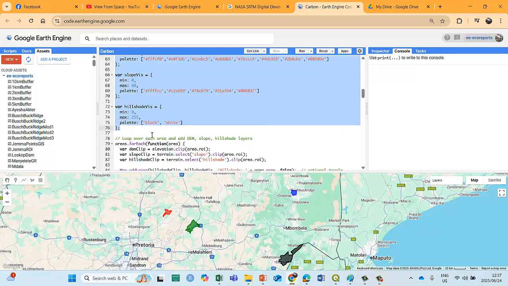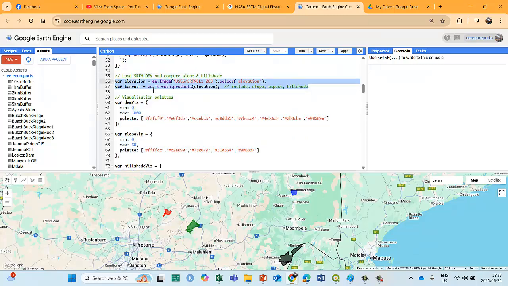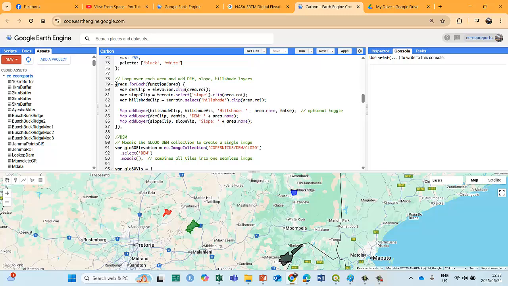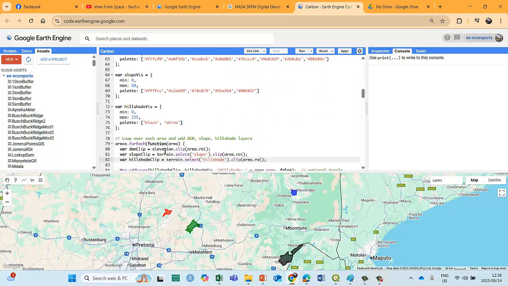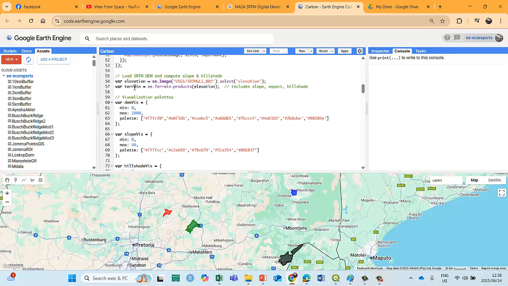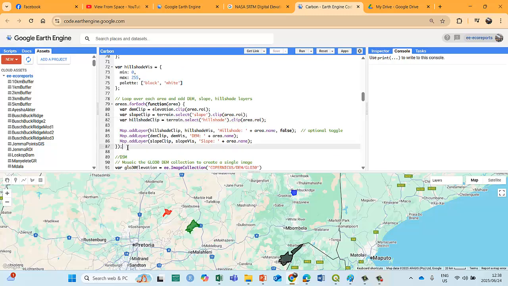And then I said the looping function. We don't want to run this script for all 4 reserves individually, because then it's clip, this one clip, clip, clip, clip. So we create a loop. So it just will run through all of it. So as I said, it's the areas. Again, remember this is the looping function. That's the 4 areas. It will clip it for each of these areas. We'll clip the elevation, terrain, and the hillside. Remember, there they are. Elevation, there's the terrain, and then the hillside, we clip it, etc., and then we add it.